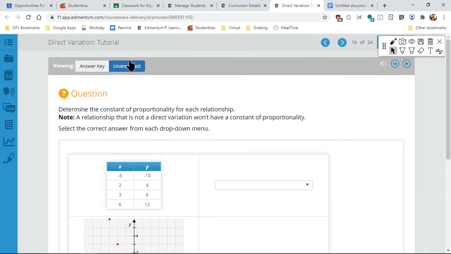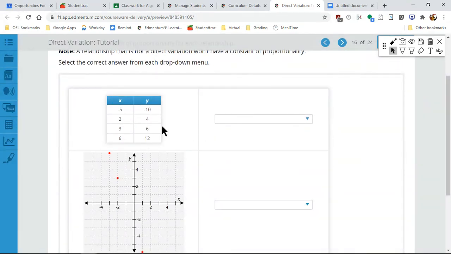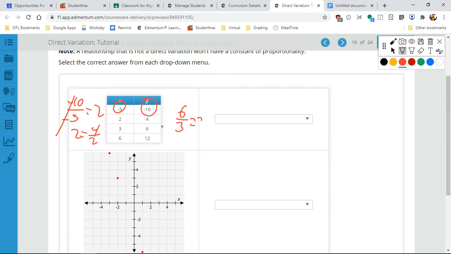All right. So moving on to this one. If this is direct variation, I should be able to take my y divided by my x, and I get positive 2 because these cancel out. And if I get 4 divided by 2, I also get 2. And if I get 6 divided by 3, I also get 2. So my answer for this one